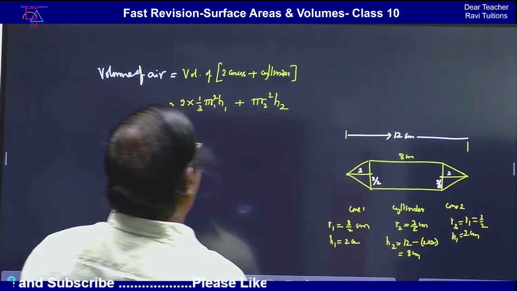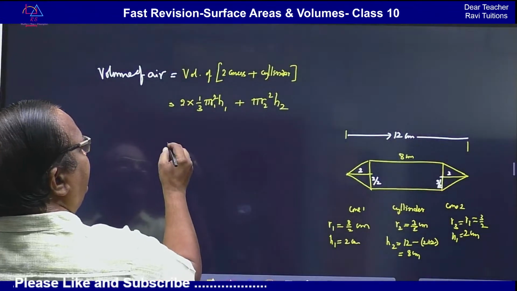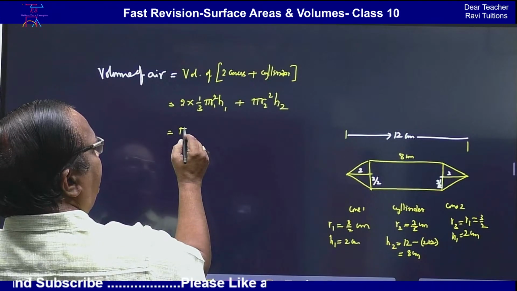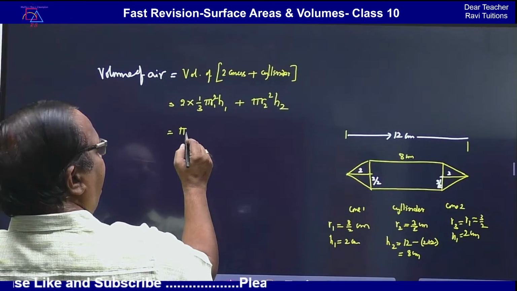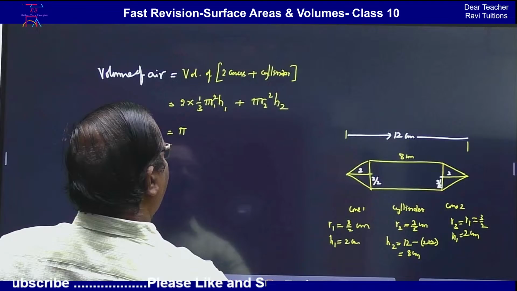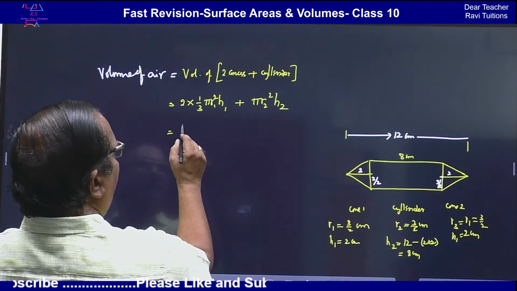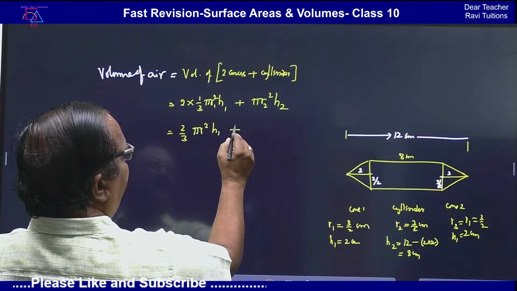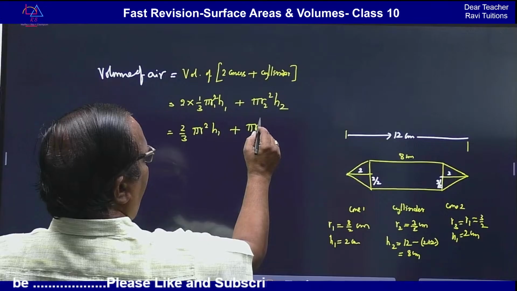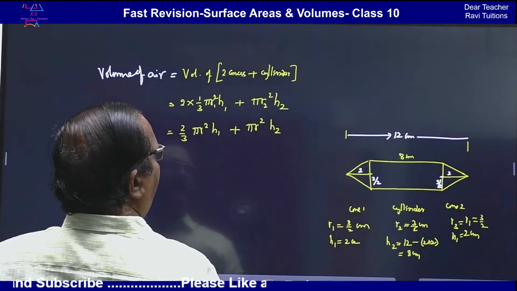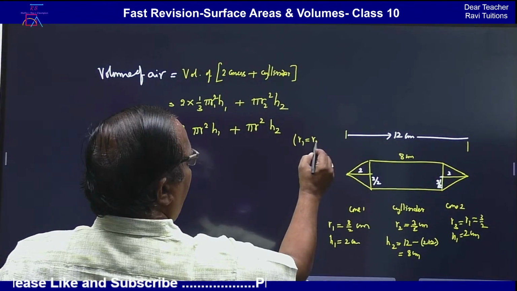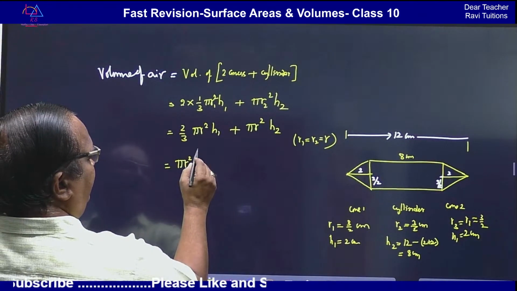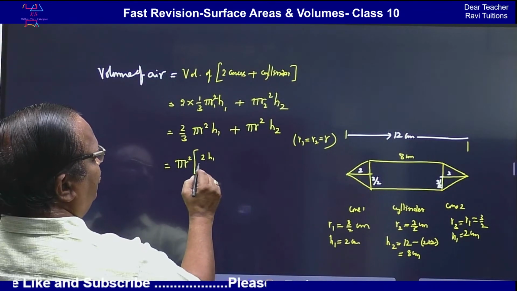So then I can take pi common, right? Let me write one more step. 2 by 3 pi r square h1 plus pi r square h2, because r1 is equal to r2 is equal to r. So then I will take pi r square common, then 2h1 by 3